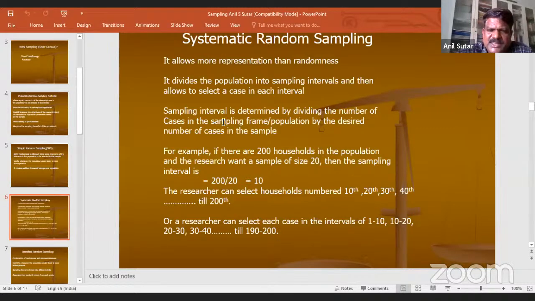A sampling interval is determined by dividing the number of cases in the sampling frame, that is, the population, by the desired number of cases in the sample.